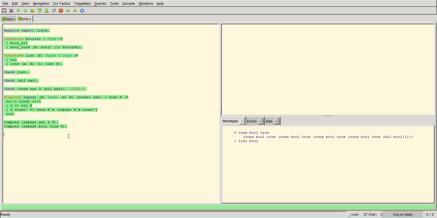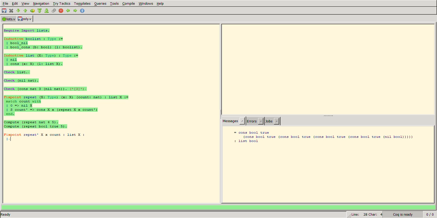We can define this function without mentioning the data types in the argument here, like we had the types type, x, and n here. So we can skip them. Let me use this variant of the function. I call this repeat prime, and we are just passing one argument, which is x, small lowercase x, and another argument count, and we just return list of x, and this is to be defined